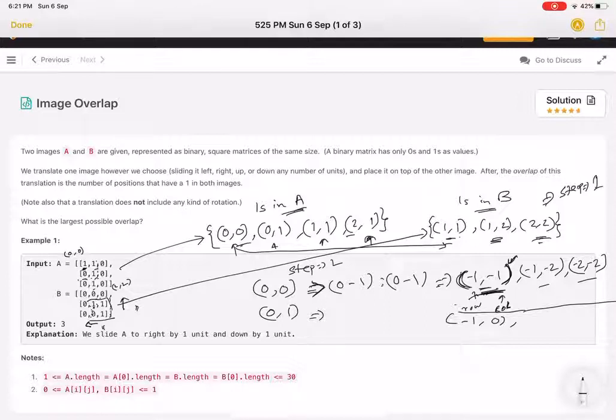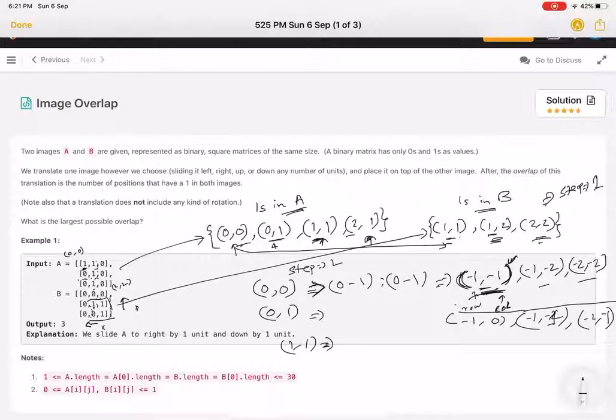Then this and this, minus 1 and then again minus 1, sorry, and then minus 2 comma minus 1, right? Yes, it is correct.